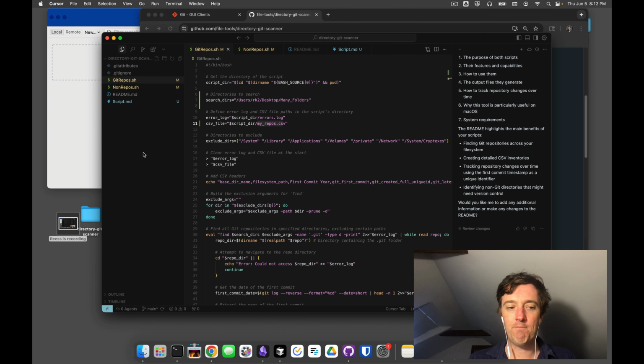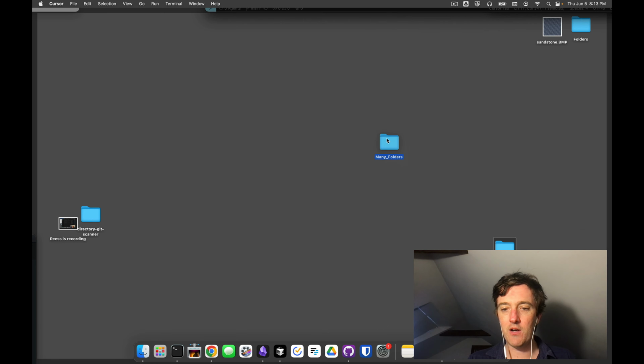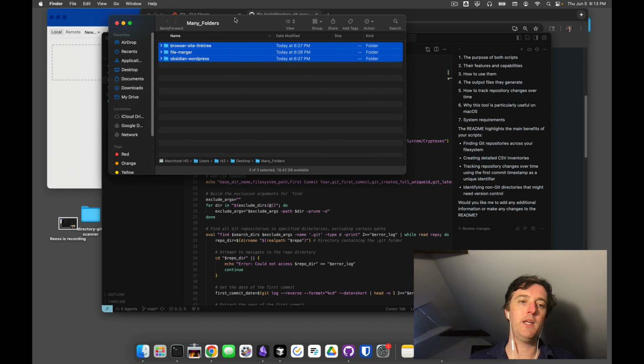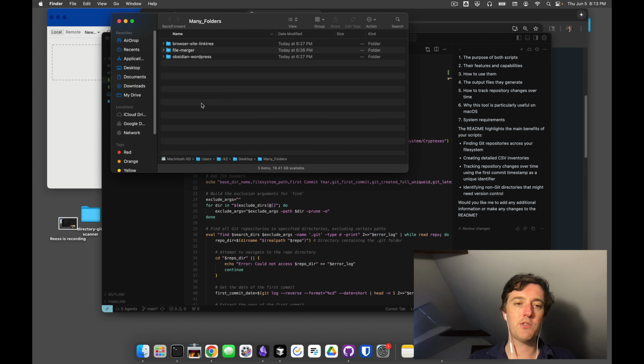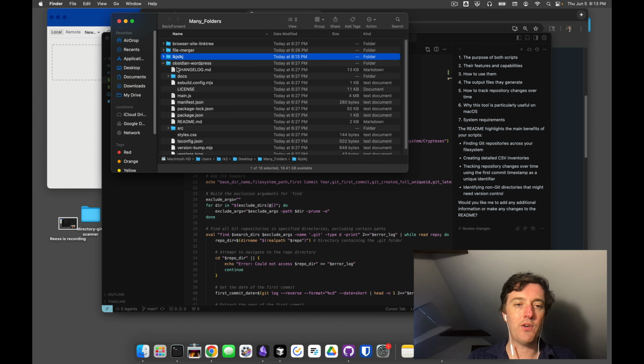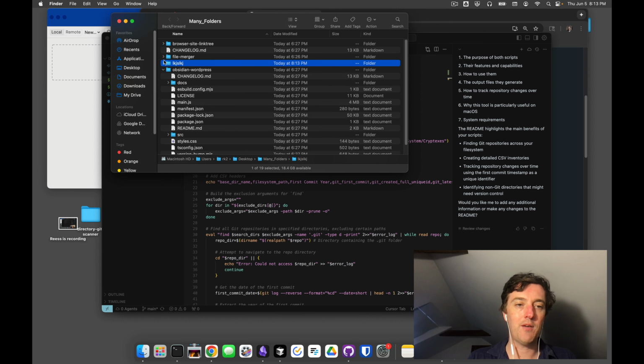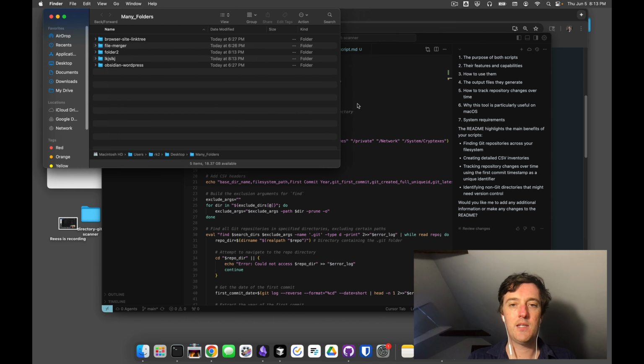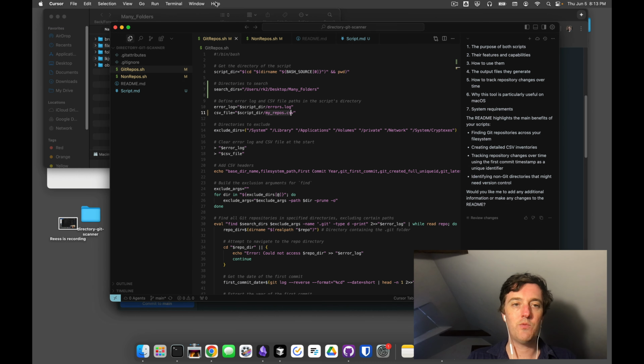And so just as an example, I'll just run it here. So I have right here many folders. I know that these are 3 Git repositories, just as an example. Let's add some standard repos in here that are not Git repositories, so we can see that it is only going to grab Git, and then we can just run this puppy,